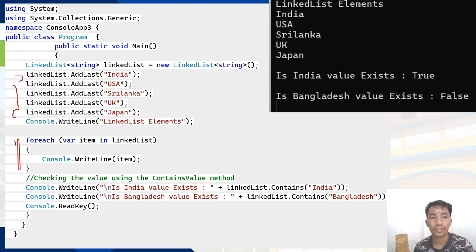We check if the value contains India, which returns true, and if Bangladesh exists in the linked list, which returns false, as you can see here in the sample output. It sounds fine and simple, but you just need to apply some bit of logic for us to better understand how the linked list works well in C#.